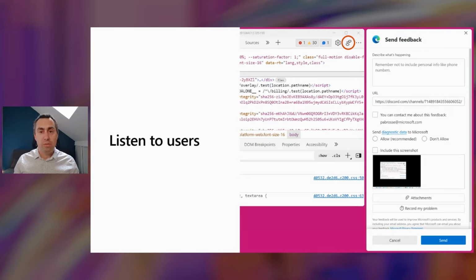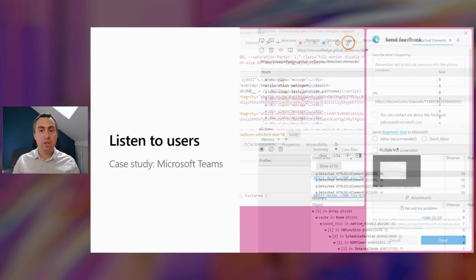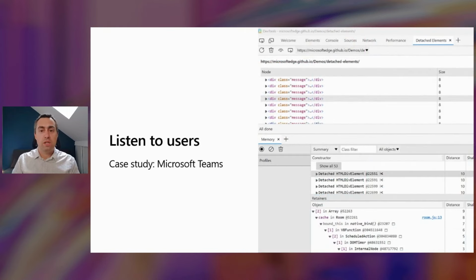And we want to learn from them directly. Where are they getting stuck using DevTools? Which other tools would help them? And being at Microsoft, we are very fortunate because there are many teams around us who do build those really complicated websites today. And so I want to give you one example where recently we actually sat down with the